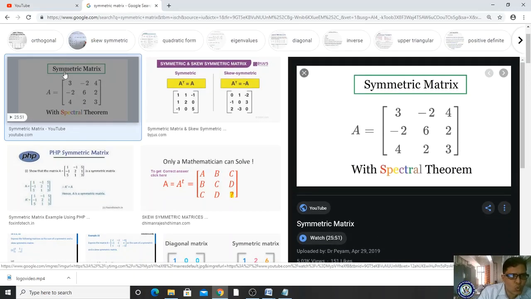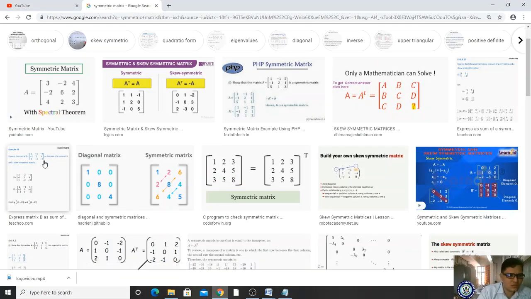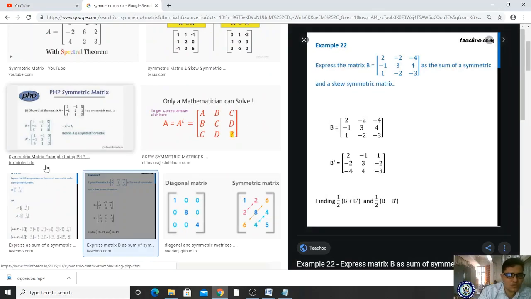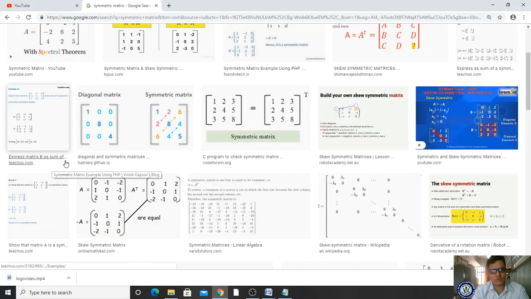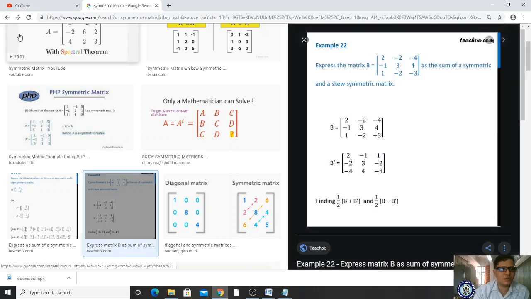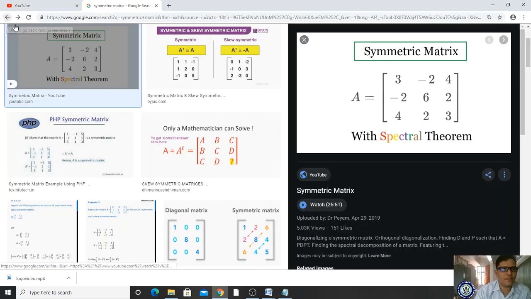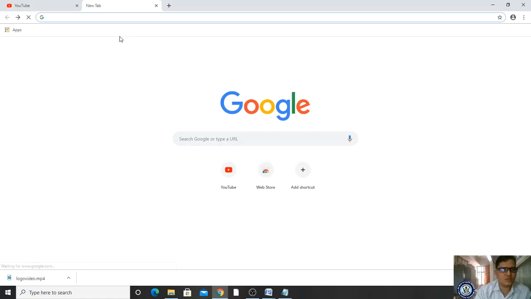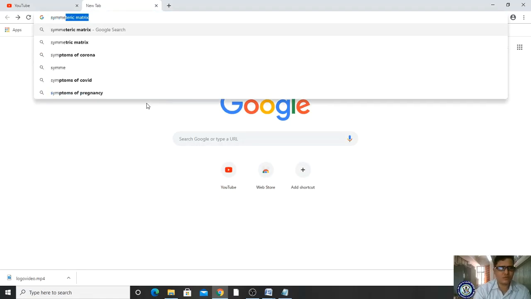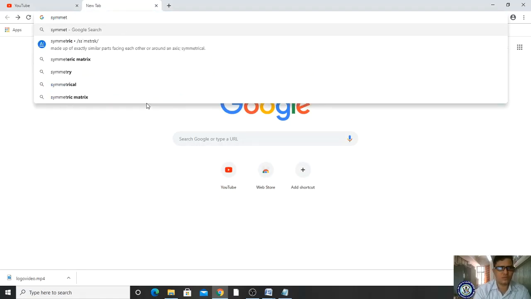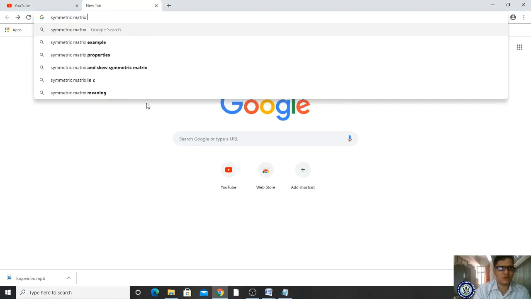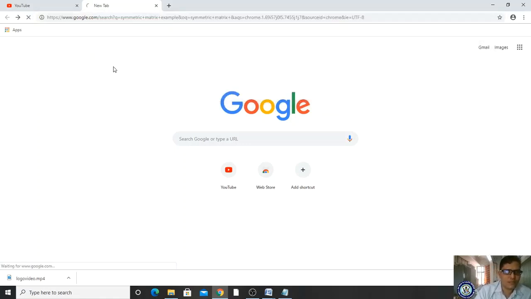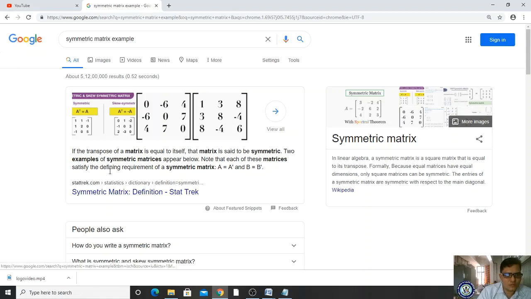No. 3 6 3 is not a symmetric matrix. Let me go back to the symmetric matrix example.